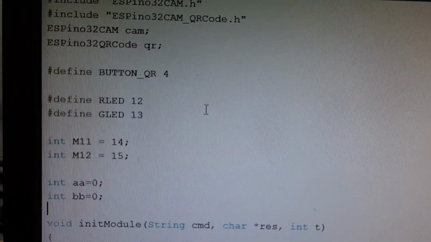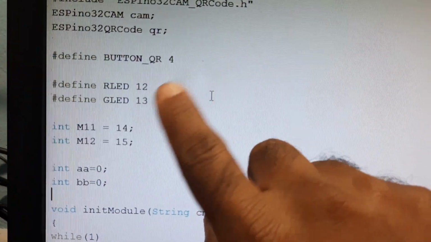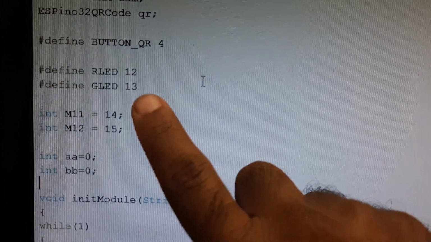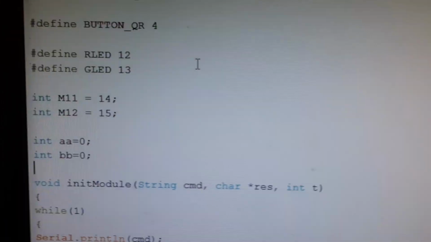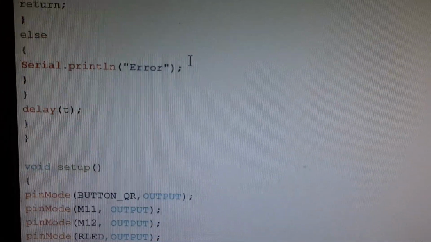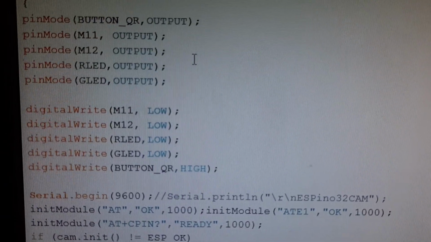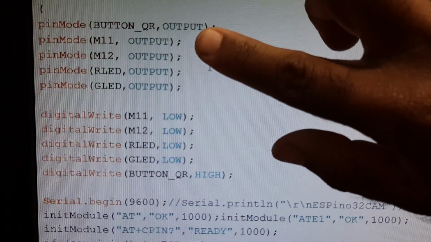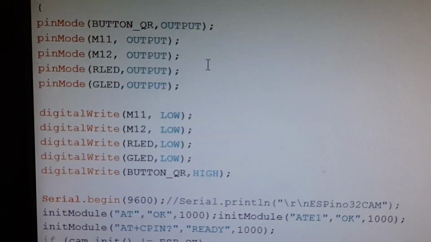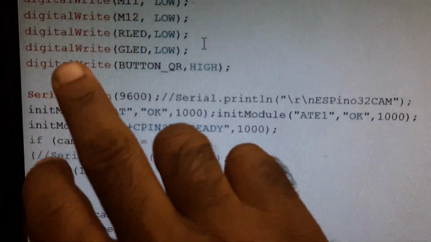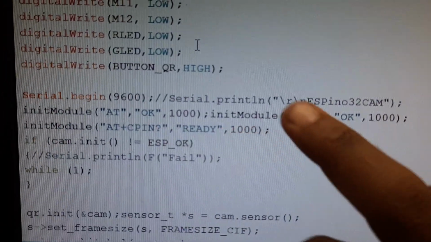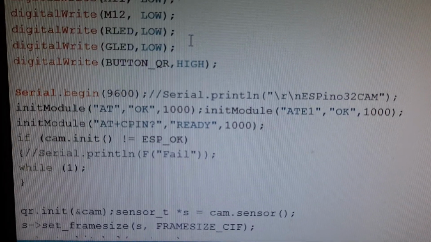So this is my programming part. QR code scanning, red LED, green LED, M1, M2 motors. Here I am using a GSM for SMS alert purpose. I am taking 9600 baud, and scanning for the GSM module. Once it is okay,